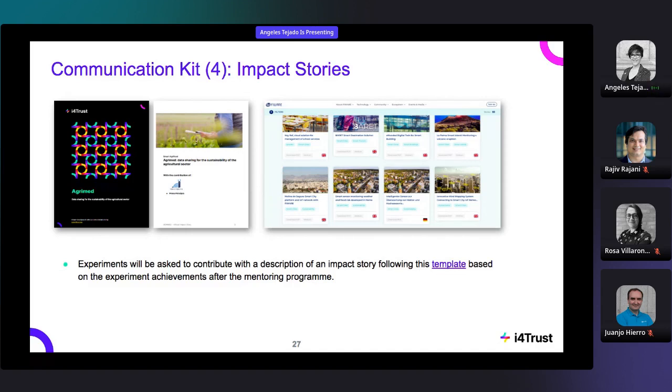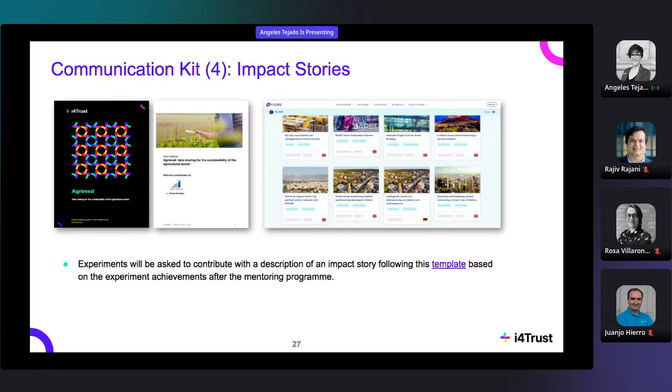So at the end, what we are looking for is to have this impact in the market, and this is just a redesign on the work that you are planning to do.